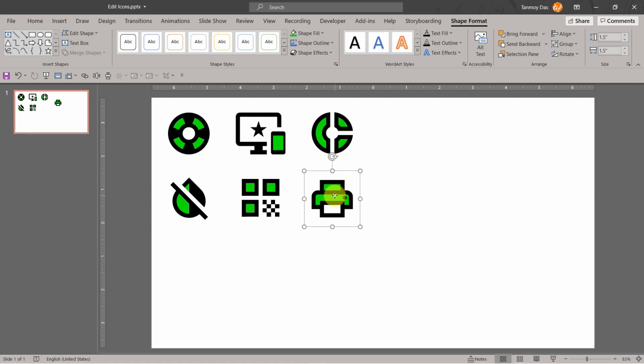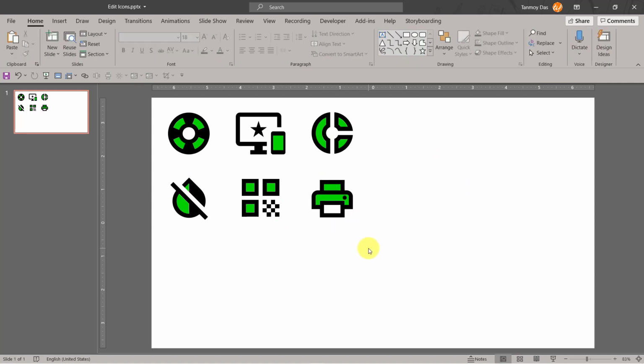Now this is how you can download an SVG image or an SVG icon and change the colors according to your brand colors. And this is how you can have a lot of icons for your website, for your Android app, or even for your presentation. You can have everything together of the same color and then have branding on your entire presentation. This will make your presentation look much more formal, much more professional, and your clients will love it.